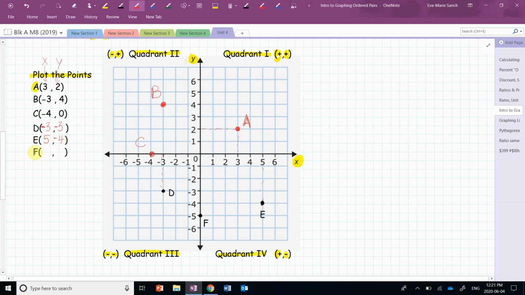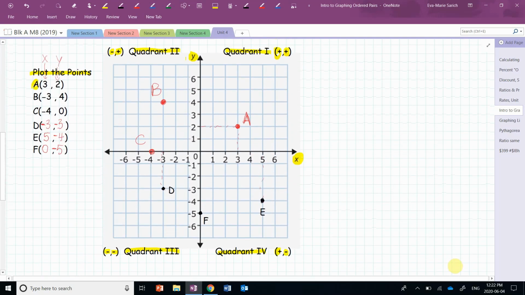All right, our last one is point F. And for F, we start at the origin, and you must realize that you don't go left or right at all. So that means our x is 0, no left or right. And then y, we're going to go down, so that's going to be -1, 2, 3, 4, 5. And you can see the marker on our number line there, and so it's going to be at 0, -5. Okay, now